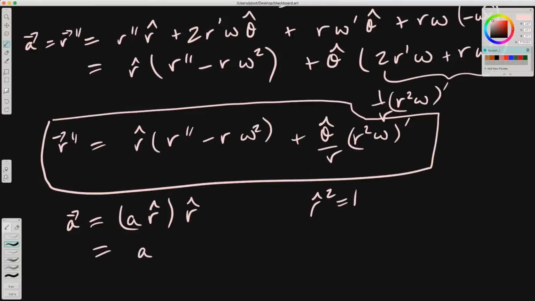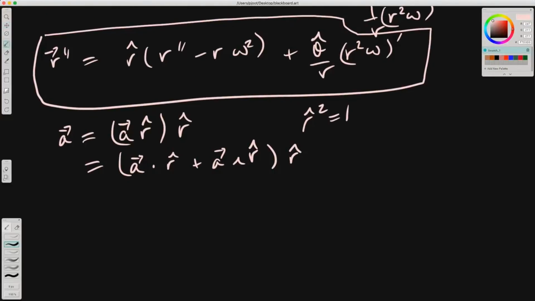So that is a dot r hat plus a wedge r hat r hat. So now we can say, all right, the radial component of the acceleration is r double prime minus r omega squared, and the bivector describing the azimuthal component of the acceleration is